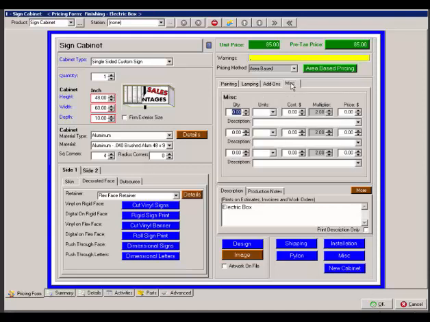And then miscellaneous would be to add in any additional charges or costs that you wish to apply to this quote or estimate. Below that we have the description and the production notes. Descriptions again print on estimates and invoices, but not on work orders, where production notes print on everything, estimates,